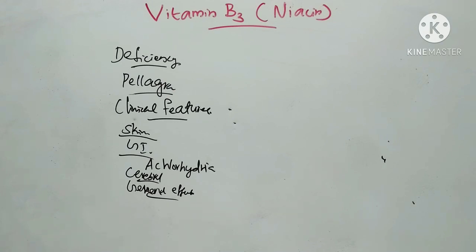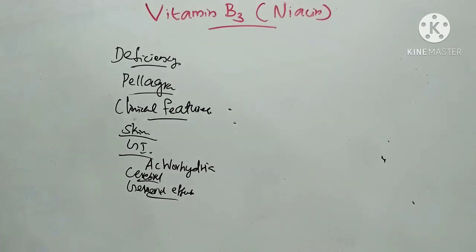Then additional factors. Deficiency of riboflavin or vitamin B2 or pyridoxine or B6 can contribute to the etiology of pellagra. Both of these are required for the synthesis of niacin from tryptophan. The incidence of pellagra is greater in women than men. The reason is that estrogen metabolites can inhibit tryptophan metabolites and prevent the synthesis of niacin from tryptophan.